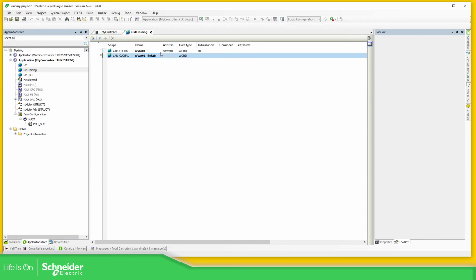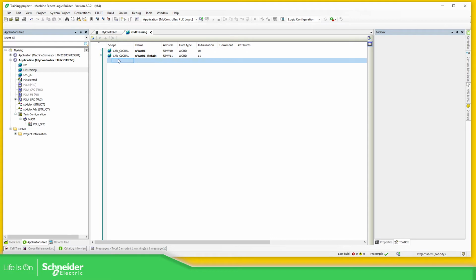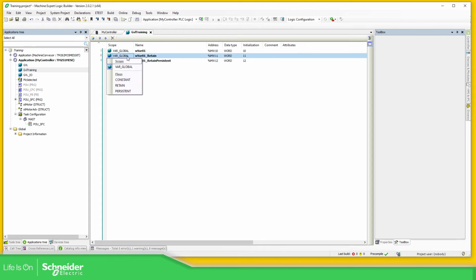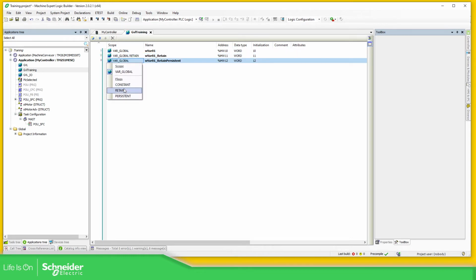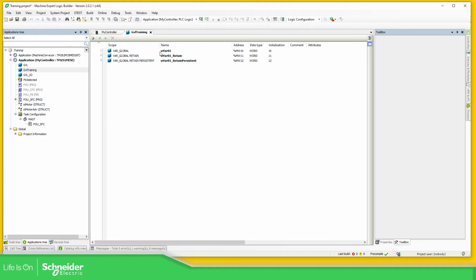Okay, yes. Percentage NW, NW 11, initialization 11, W bar 01 underscore retain persistent, just the name, okay, just to identify the variable data. So here we just need to click here in the scope, retain again, and retain persistent. Okay, now if we compile this,